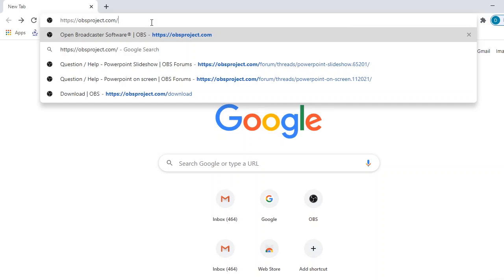This is the website where we can download Open Broadcaster Software free of cost.